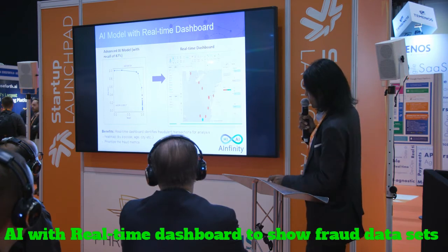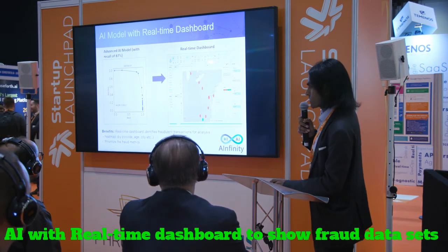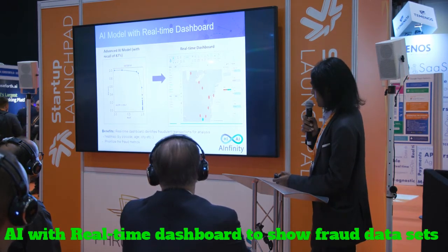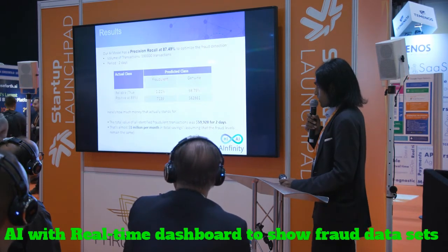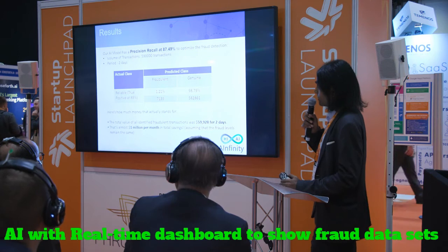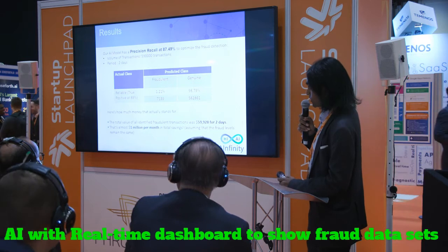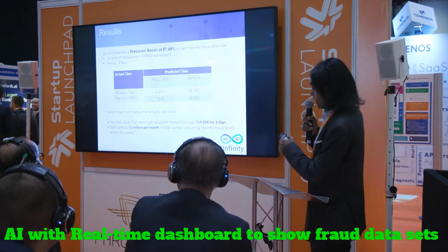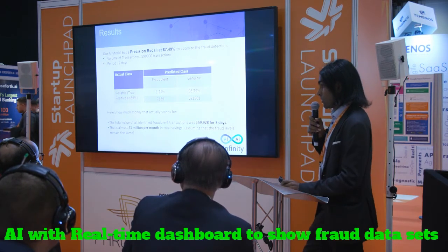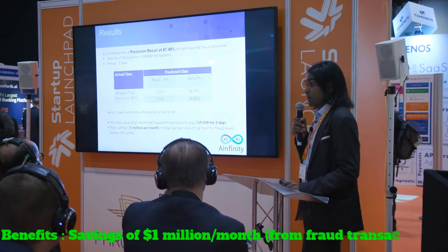On the dashboard, we can see where the fraud categories are happening across different states, and you can have a real-time heat map, so the business users can find out the information. Putting that in the context of numbers, our model, as I mentioned, gives 87% recall, identifying 1.2% of fraudulent transactions. In terms of transaction value, that is $59,000 in 2 days. If you extend that to a month, it's a $1 million savings.